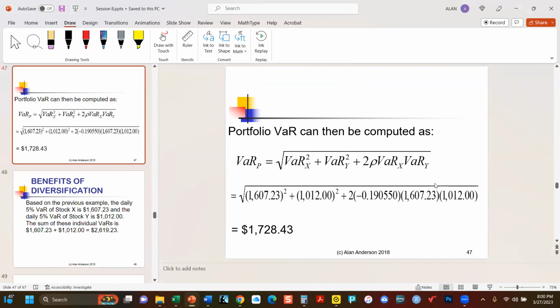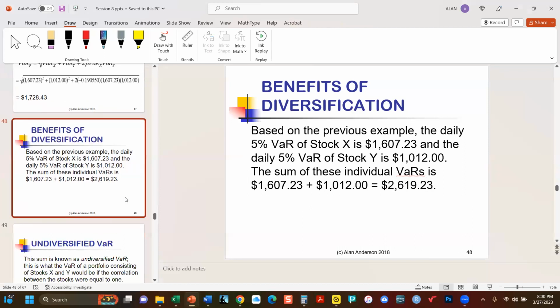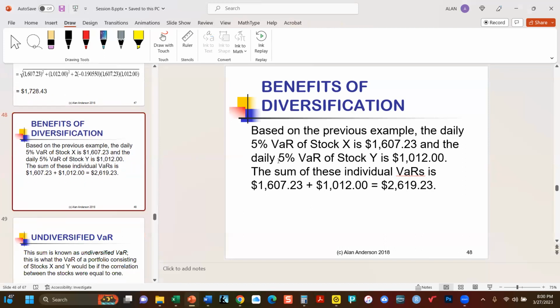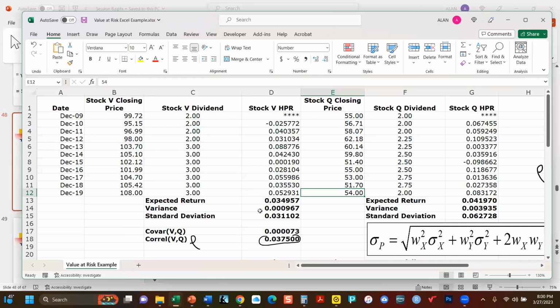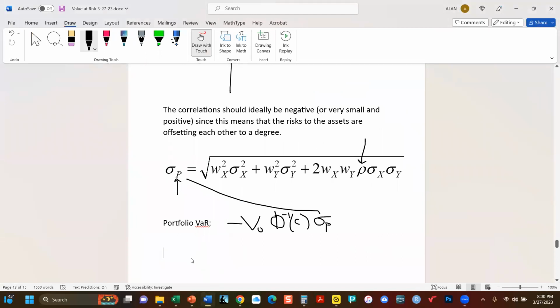But if you noticed, the actual VAR was 1728. So what's happening here is that this number is what you would get if the correlation between your two stocks was 1. Now, that's a significant number. If the correlation is 1 between two stocks or two assets,